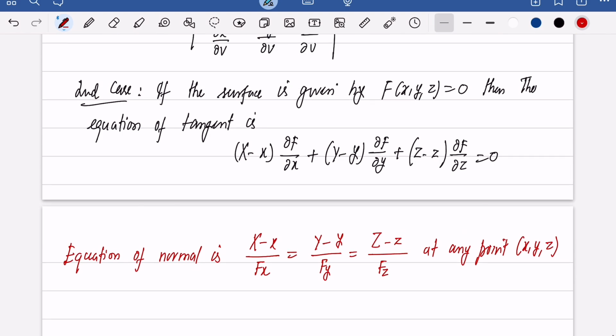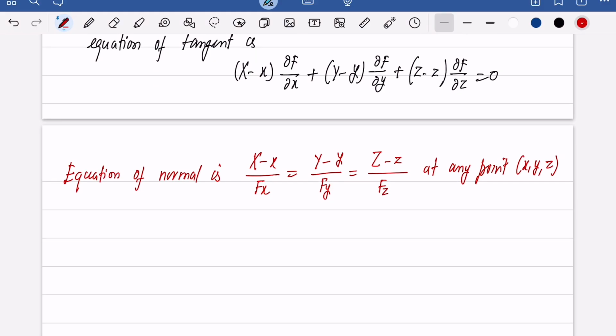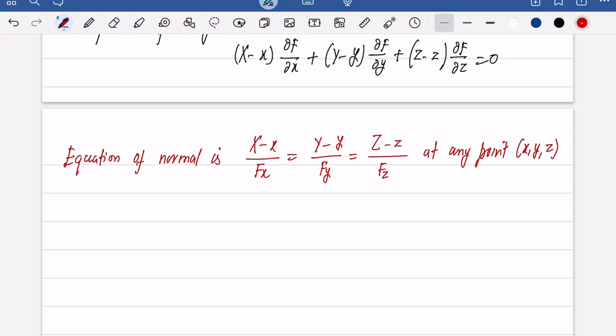So therefore, in order to write down the equation of a normal, we just have to find the direction cosines of a normal, which are given by del f by del x, del f by del y, del f by del z at any point x, y, z. Then just write (x minus x0) by fx, (y minus y0) by fy equal to (z minus z0) by fz. But sometimes the question may just be asked to find the direction cosines. In that case, we will use this equation, which is